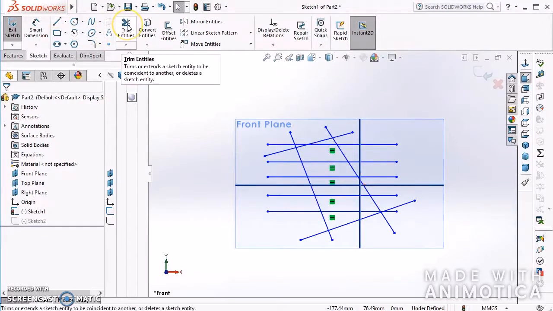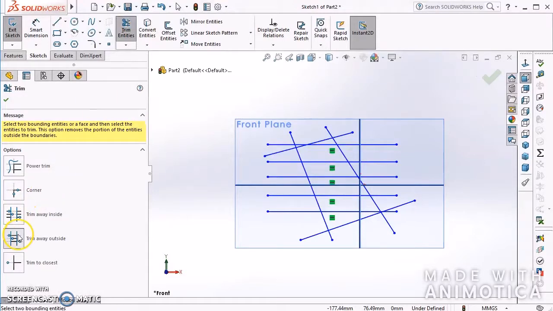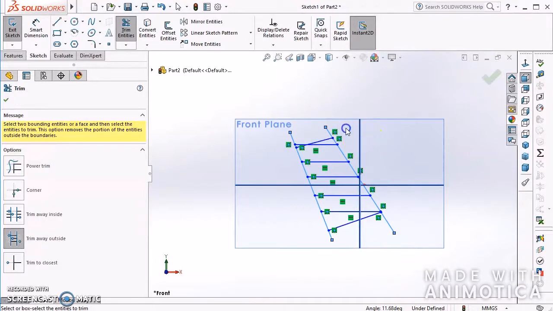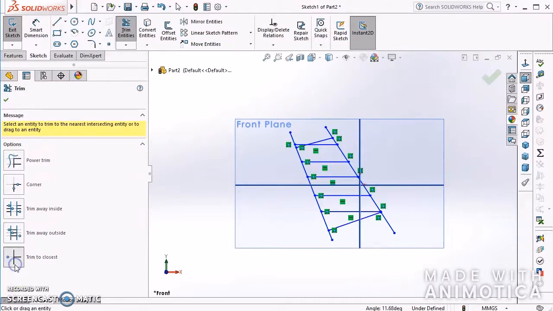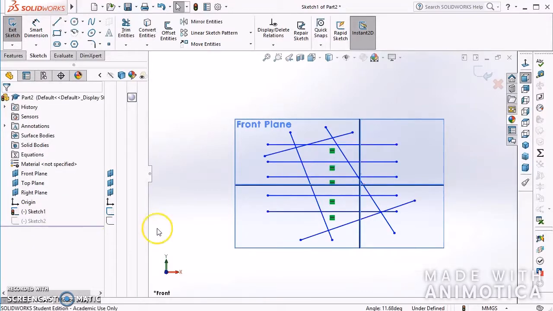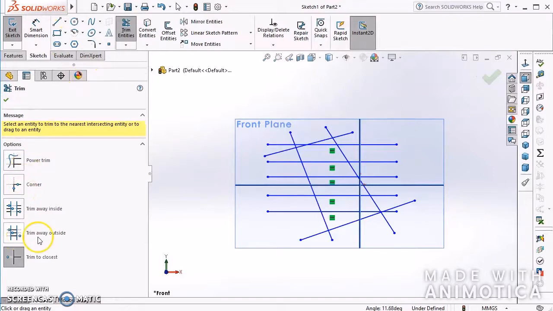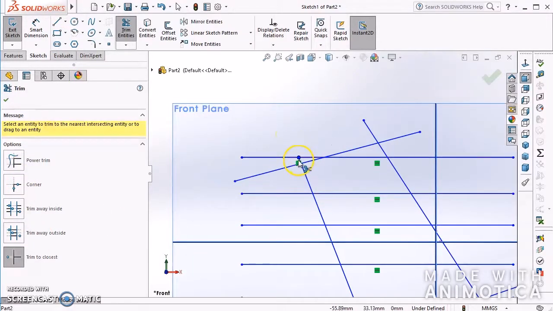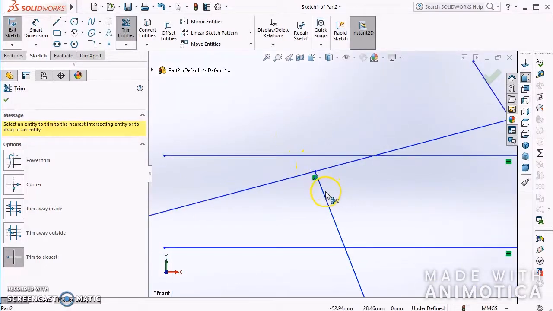So that was one reason that I couldn't pick these. But again, inside the box, trim away, I select one, select two edges. Then I can come here and select right to left and it picks all of them and deletes the outside. The last one is trim to closest. Let's go back, and trim to closest is kind of like power trim, but it goes to the closest line. So you can go to the closest line, down,